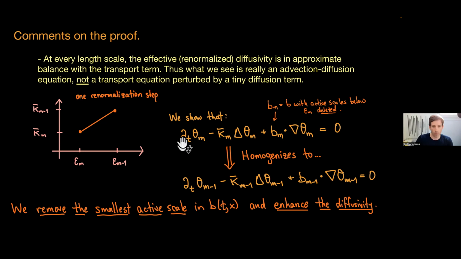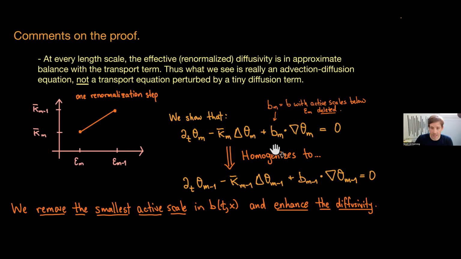So the idea is that we're going to take this equation. So here, this is how the proof works, literally. We take this equation, we denote by theta m the solution of the equation where I take the vector field B and I just rub out the scales that are rougher than epsilon m. Remember, I have the sequence of active scales. All the scales that are smaller than epsilon m, I mollify them away. I just mollify with a mollifier on a scale in between epsilon m and epsilon m plus 1 or something. I just kill the epsilon m terms, or m plus 1 and beyond.